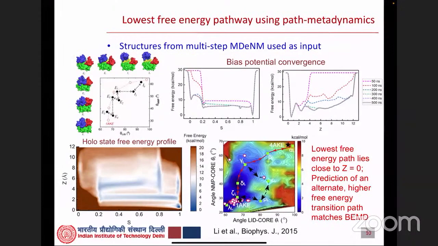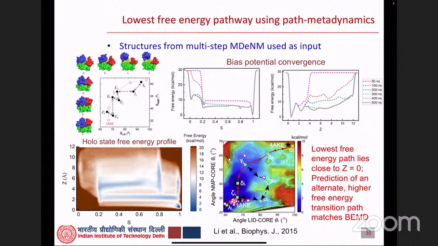Also, what we can see from this picture is that we are predicting 2 possible paths. And in fact, the bias exchange metadynamics simulations, the data I'm showing on the right, again from the group of, or from this earlier publication, also predicted 2 possible paths. And right now we are evaluating this second graph ourselves in the space of these